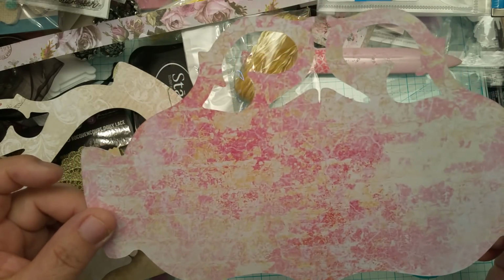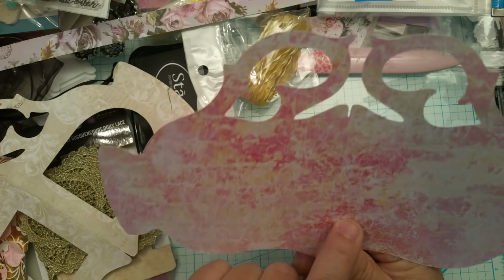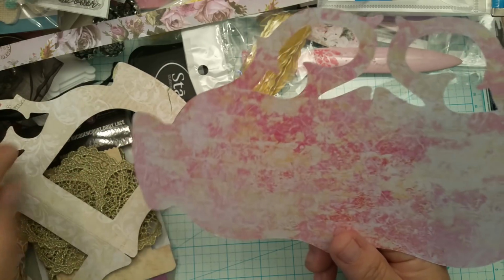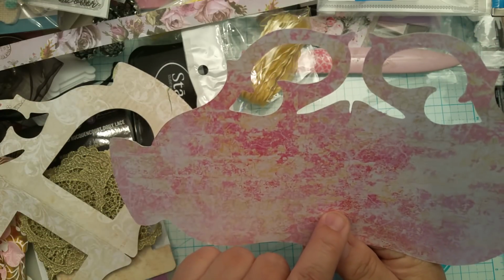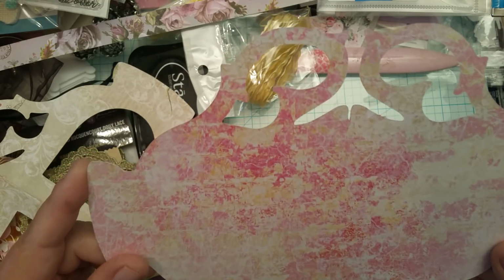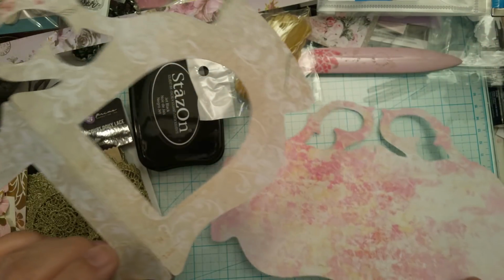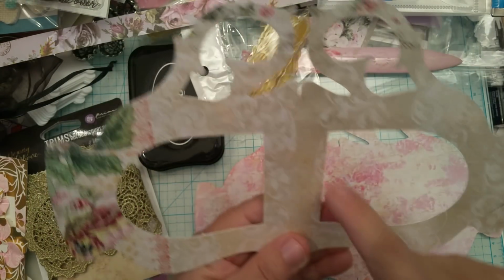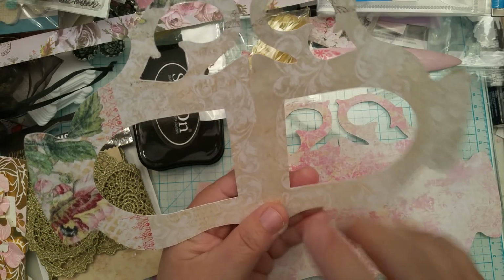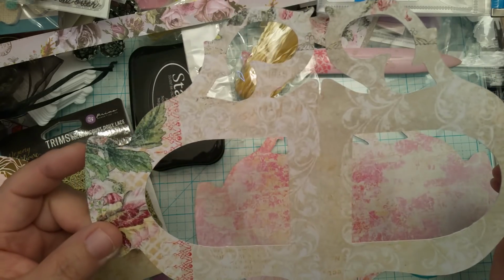So anyway, this is what the template looks like, guys. So you're going to need to cut 2 of these. And I'm going to show you that even if you didn't do the design the way my daughter did, the shape cutting it out, you can still do this. So you're going to need to cut out 2 of these because I'm going to show you how I do my shakers. So here's the template, and this is the one that she did for me, and she cut this out just like a U shape, but I think I'm going to give it more like the cup shape. So I'm going to tweak it a little bit, but see how I'm still going to use both pieces